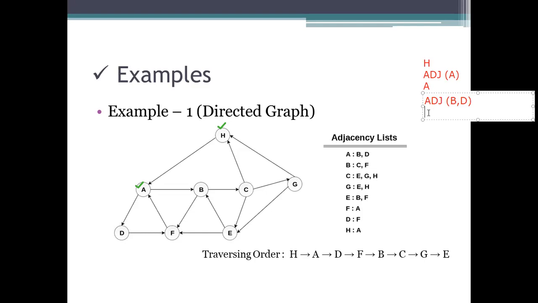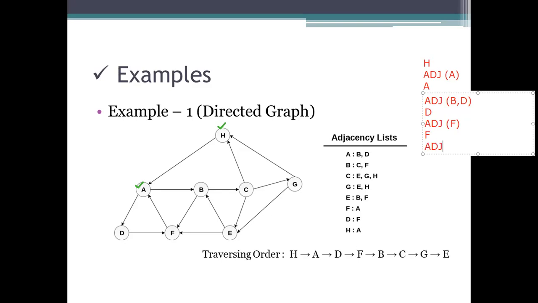Here we are moving depthward, so we will visit D. Next, read the adjacency list of D. How many vertices are there? They only have one vertex, which is F. Visit F.